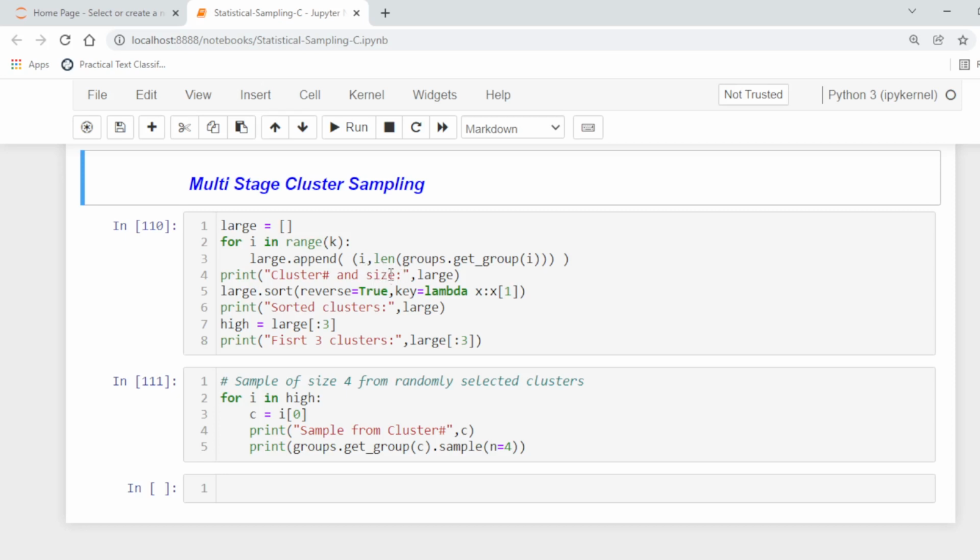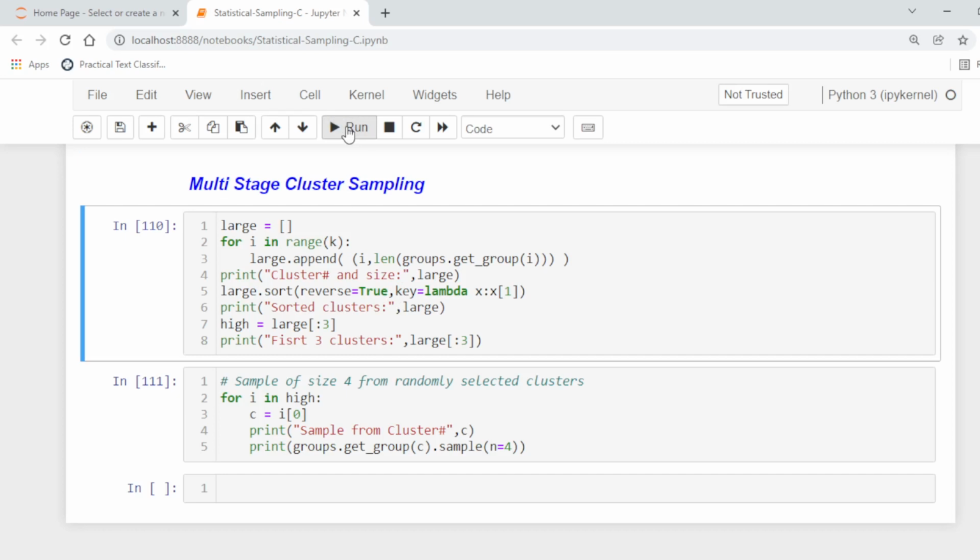So length is basically the size of each cluster, because we will sort the clusters based on the number of their members, and then we will select the first 3 clusters from those having a large number of members.